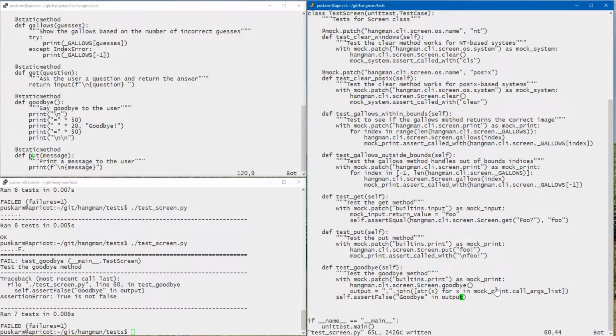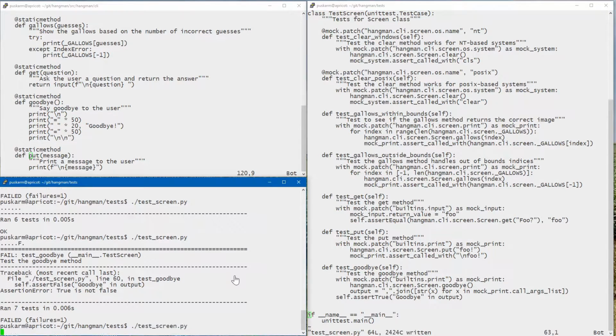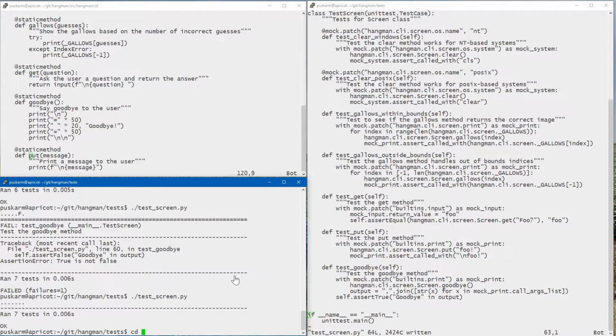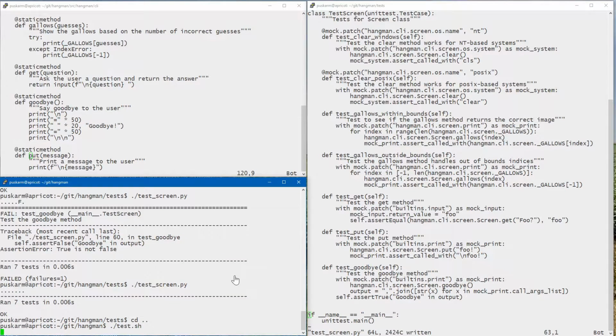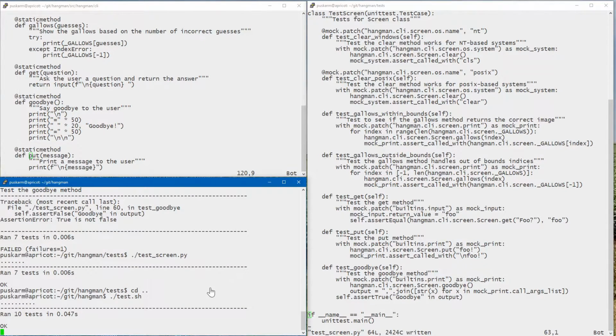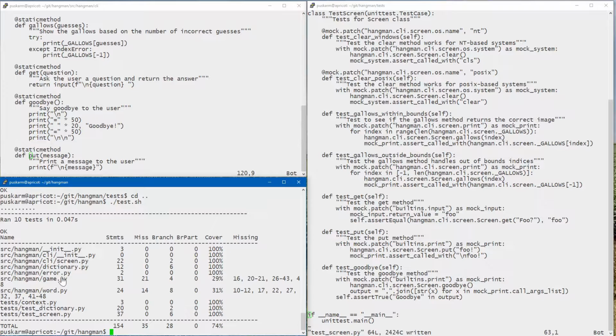Test failed because goodbye is an output, as it should be. And this should be sufficient for our unit tests for Screen. And we should be at 100% now. And Screen 100%. So let's move on to Word,